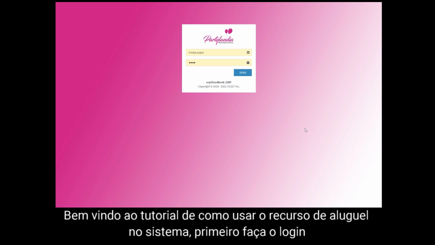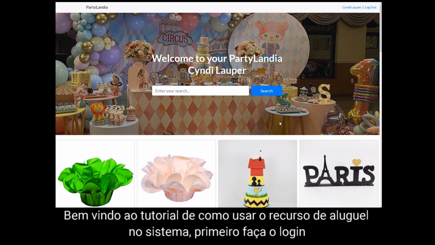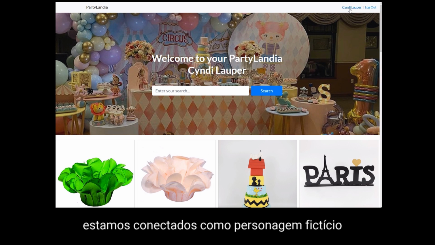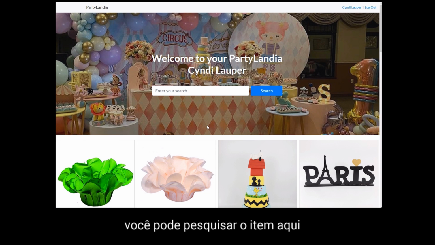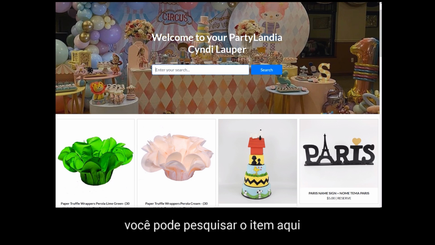Welcome to the tutorial on how to use the rental feature in the system. First, log in. We are logged in as a fictional character right now. You can search for the item here,